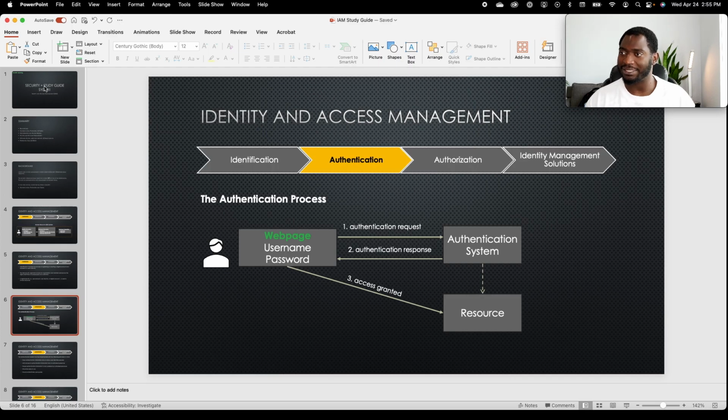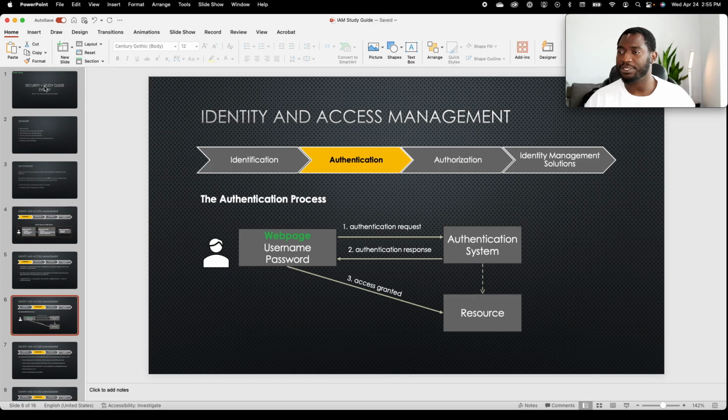But before they access that resource, there's an authentication system that needs to authenticate this user. Now, the process of authentication is really verifying your credentials against what has been registered in the authentication system. So like we discussed in the previous slide, the identification process is registering your user identity,